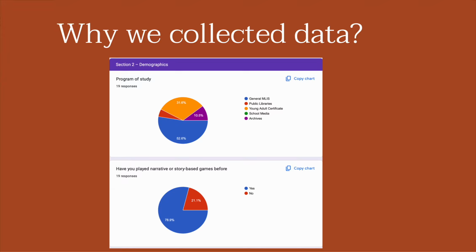But this wasn't just about empathy, it's also about the process of research. You got to experience what it's like to take a survey, based on something that we studied and played together. And I'm going to show you how I'm going to interpret the data from the survey into this kind of small scale library and information science study. Remember, there's only 18 of us in this one. But this process mirrors how librarians and information scientists evaluate a user experience, or how you would look at a literacy outcome or even engagement in a library program.